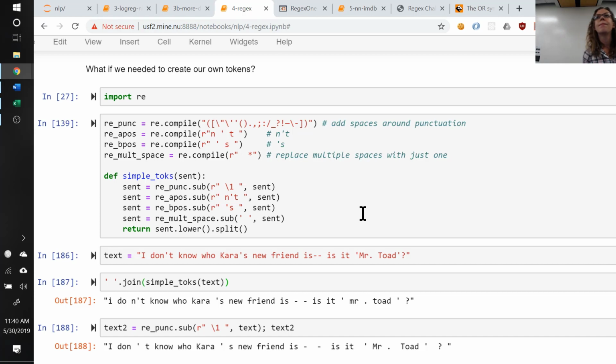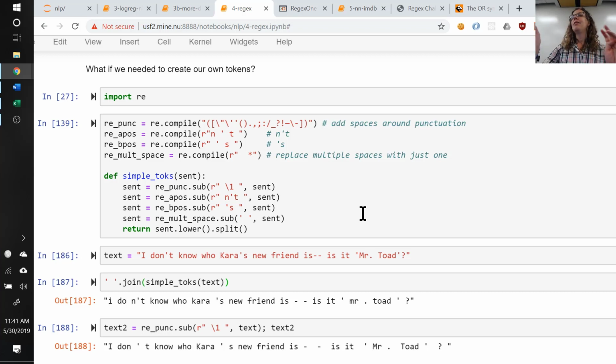Yes? In what scenario would we want to create our own tokens rather than using a library like spaCy? Okay, that's a good question. When would you want to create your own rather than using a library like spaCy? I think in most scenarios you would probably want to use spaCy. I think this would only be if you wanted to test something specific. I guess like with fastai,